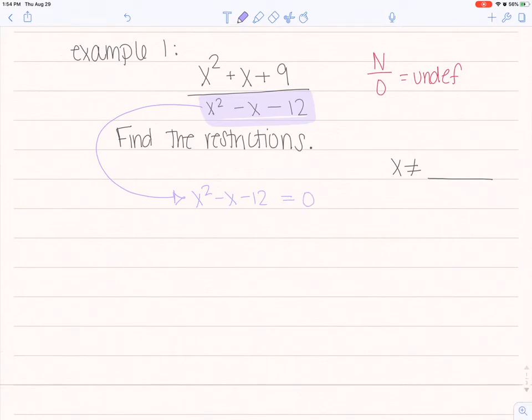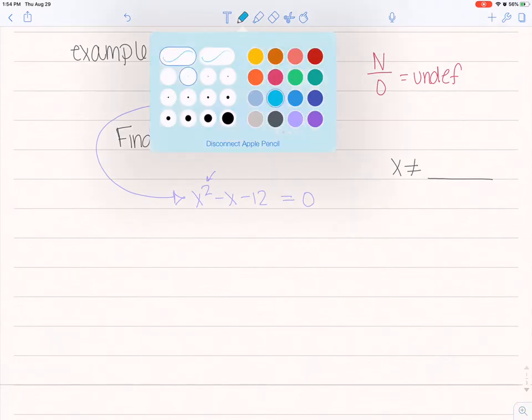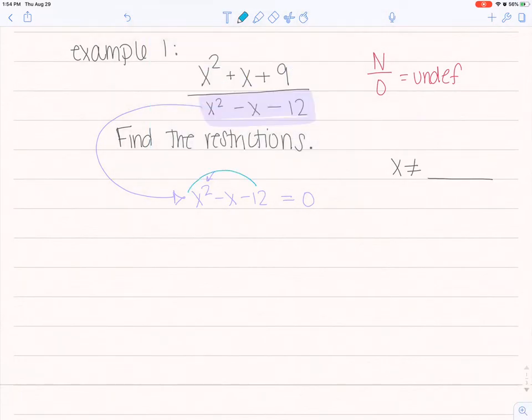Now it's 3 terms, so the only way we know how to solve quadratics, which has a little x squared, is factoring. So the first thing I'm going to do, find 2 numbers that multiply to 1 times negative 12, or negative 12. So I've got 1 and 12, 2 and 6, 3 and 4. I need to find 2 of those that will add to negative 1. So if I do positive 3 and negative 4,